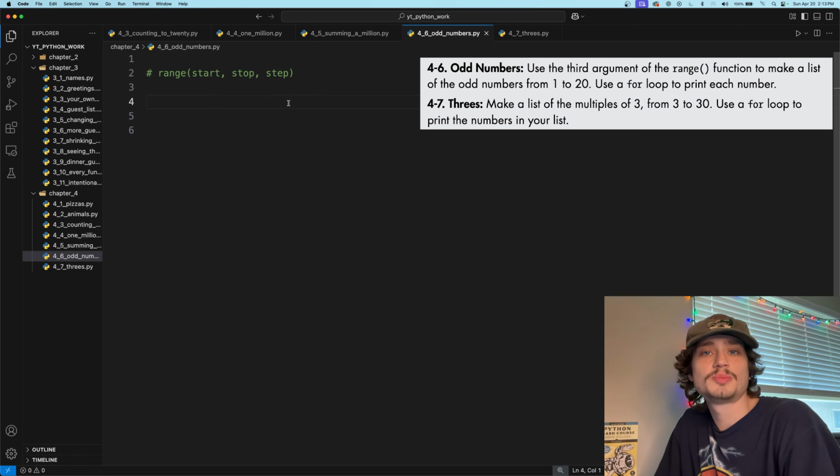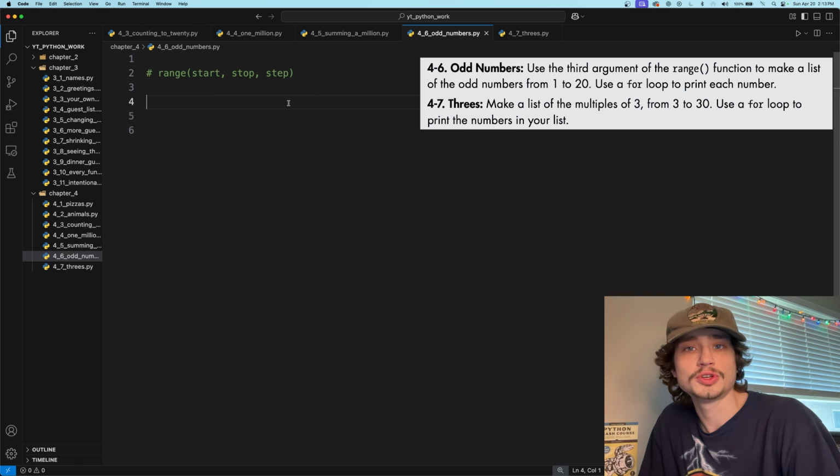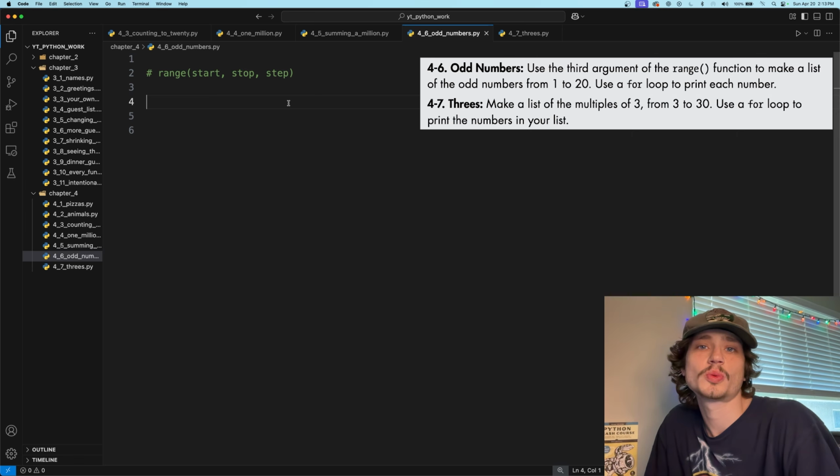We know that Python's built-in range function has three parameters, the start, stop, and step. The start is the value we want to start on, the stop is the value we will end on exclusive, and the step is the amount of integers or spaces we will skip in between each count. Because we are starting on 1, we want to skip every other number, so we want to skip 2 numbers. Starting on 1, we want to skip over 2 and report the number 3, so we need to give a